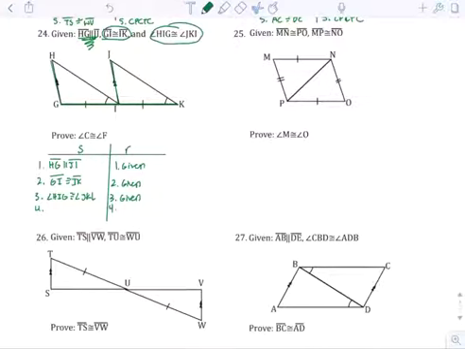So parallel lines cut by transversal, that means this angle is congruent to this one by corresponding angle. So angle HGI is congruent to angle JIK. Corresponding angles are congruent. So now we got angle side angle, so triangle HGI is congruent to triangle JIK by angle side angle, and then we could prove